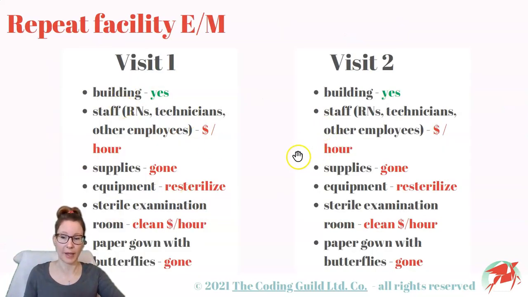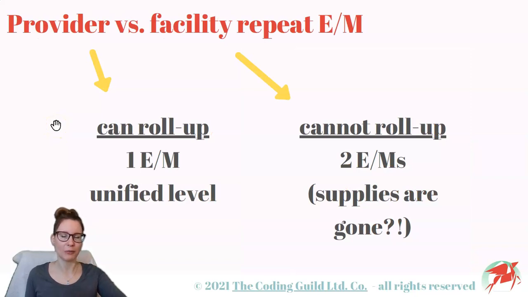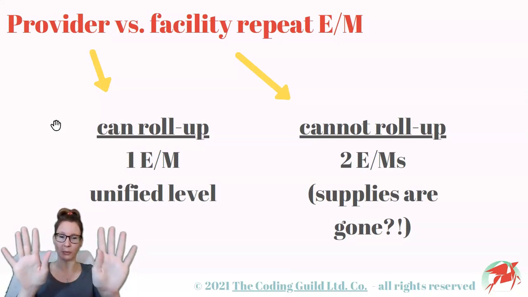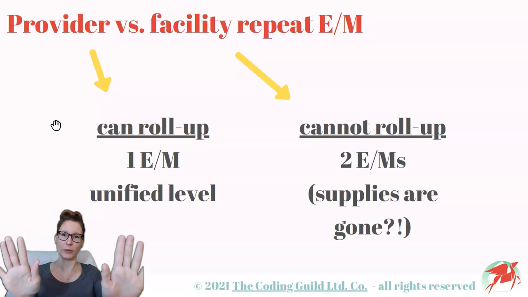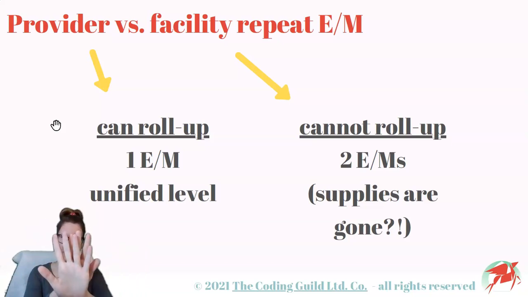If the patient comes back for a second evaluation and management service, these costs will be incurred more or less to the same extent. Returning patients are usually not a problem for physician coding because if the patient presents with the same issue, the provider will just take the two notes from the two visits and level them together to bill one unified EM level for both of the exams. This is possible because during the second visit, the provider already builds on information they obtained during the first visit. They don't have to restart from the beginning.